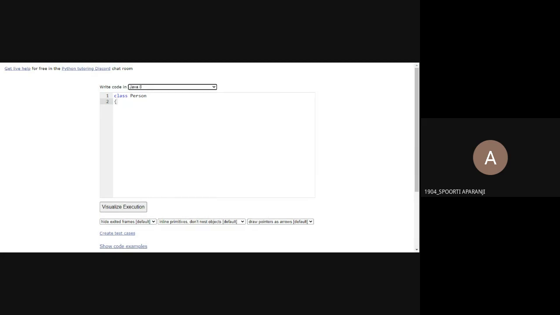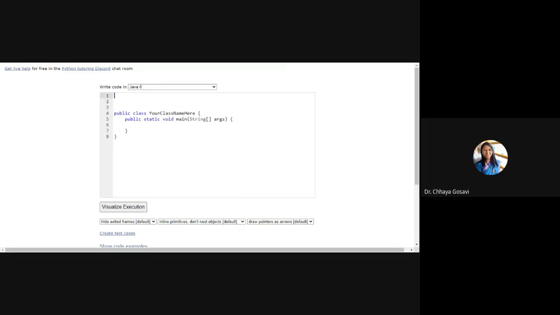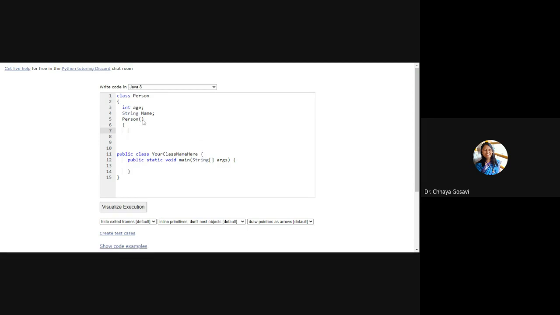I have to select Java here. We'll take only name and age. Class person, age is integer, and name is string. And we'll define a constructor which will initialize name and age.